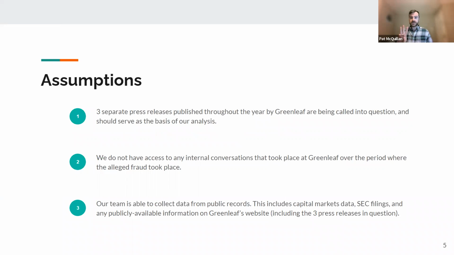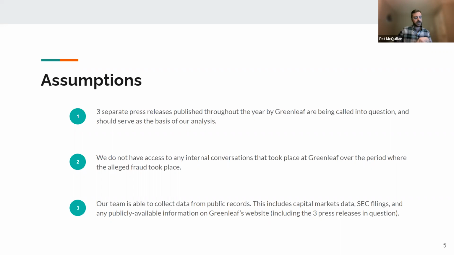So we have three assumptions here. The first is that it was three separate press releases that were published by Greenleaf. These are the big ones that are being called into question, and these are going to serve as the basis of our analysis. The second assumption is that we don't have access to any internal conversations that took place at